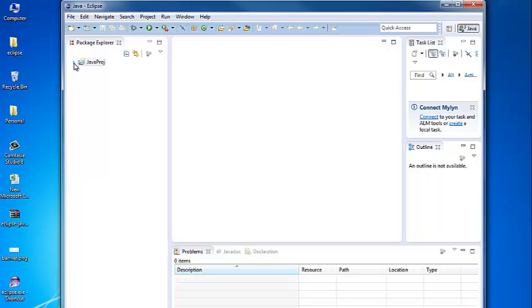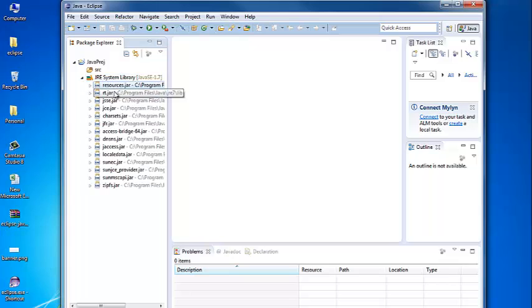If I click it, you will see that there are two things inside the project. One is your source folder, the SRC folder. You will be writing all your Java code inside this source folder. The other is the JRE system library folder. All the jar files or library files that are required as a minimum to execute a Java program are populated over here.